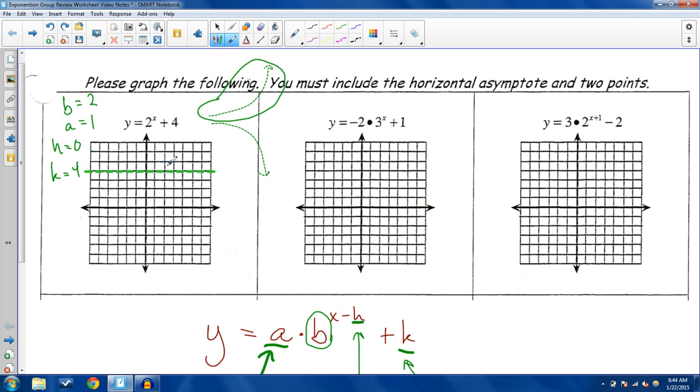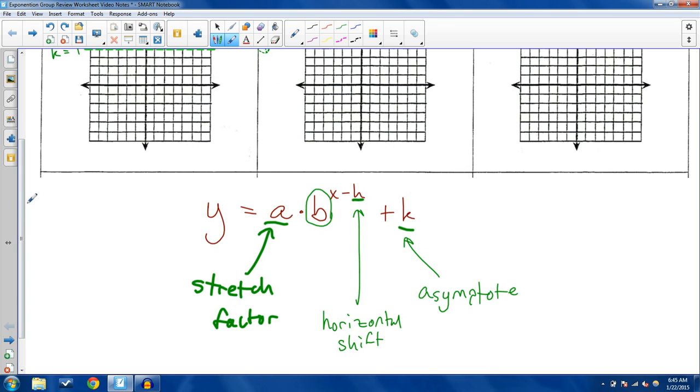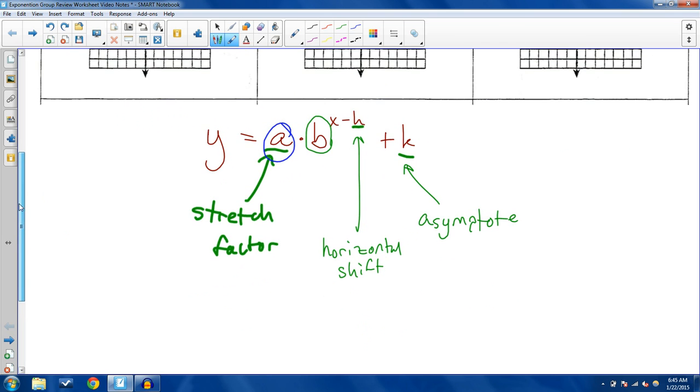Now let's go and locate that behavior exactly by pinpointing some points on here. First one I'm going to do that'll be most helpful to me in this kind of equation is I want to find out how A can help me, like where I can use this A number in my equation without having to use a table. The best way to do that is to make this whole value become 1. When this becomes 1, we get A times 1, which is A, and then plus K, your asymptote,